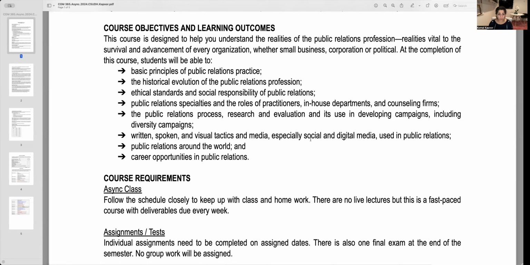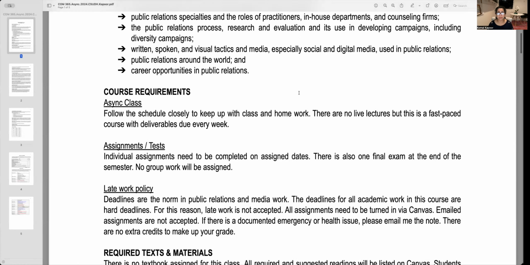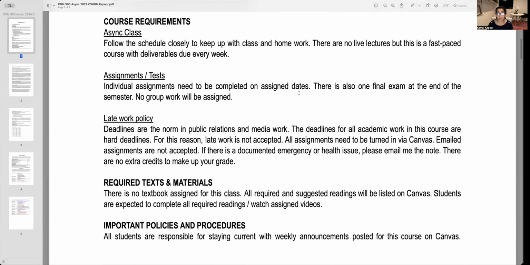So what I'd like to do is just quickly go over some of these things that you see on the syllabus. Like I said, this is an async class. It is extremely fast-paced. There's something that you would need to submit every week, and it does take time to put those together. So you'd have to really work on it to get a good grade.